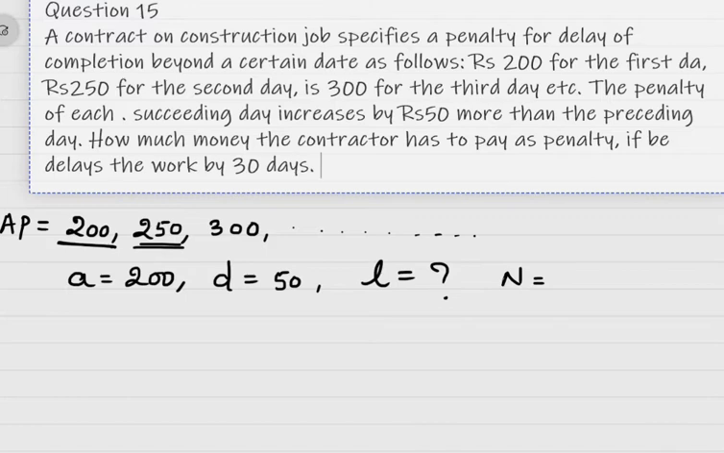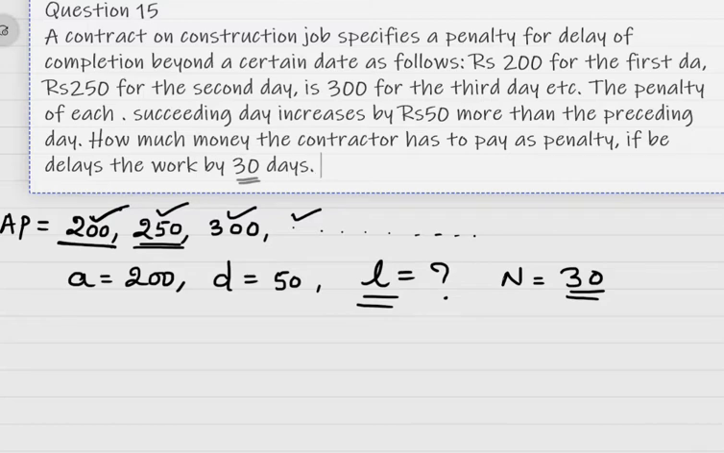N will be equal to 30. Now what you have to find here is how much money the contractor has to pay as penalty if he delays the work by 30 days. Now see, for the first day he has to give 200, second day 250, third day 300, fourth day 350, fifth day 400. Like this, if he goes to the 30th day, what will be the amount he has to pay on the 30th day? That means you have to find the last term when n is equal to 30,